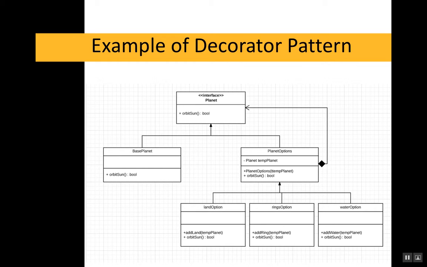Moving on to my example of the decorator pattern, I chose to model mine after having a planet that we can add features to, and the base or the core functionality of that planet would be orbiting the sun. So the interface planet, of course, has its member function to orbit the sun, and as we can see, the base planet and the decorator class planet options both inherit from that interface and will be implementing that orbit sun